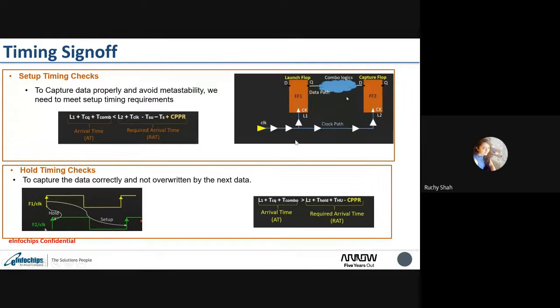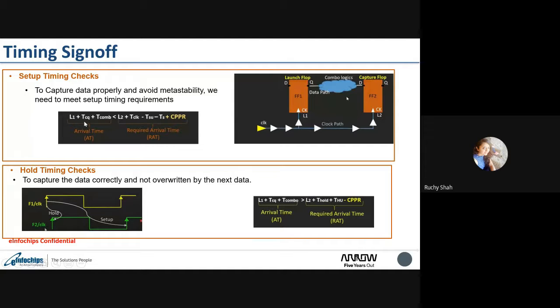So here I would just say that to capture the data properly, in very brief, and avoid the metastability state, we need to meet the setup timing requirement in every sequential element, right?